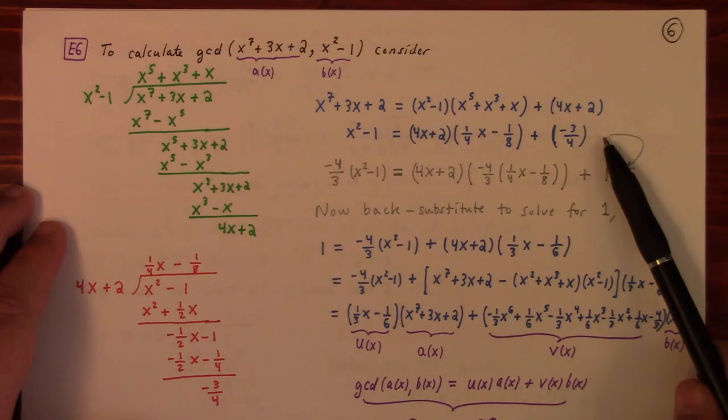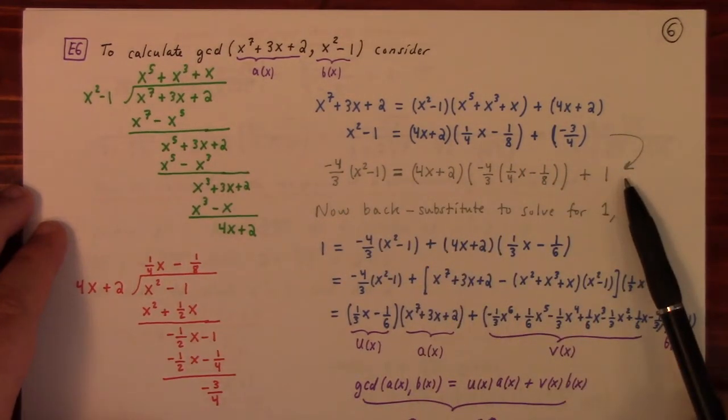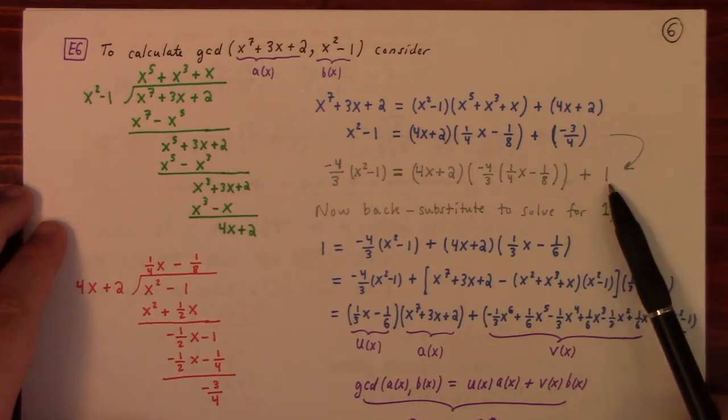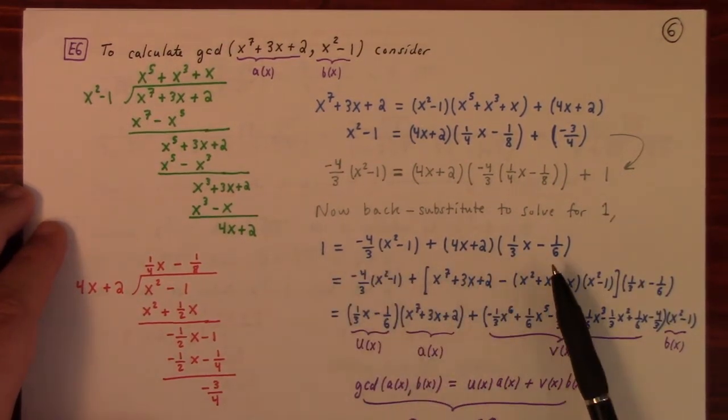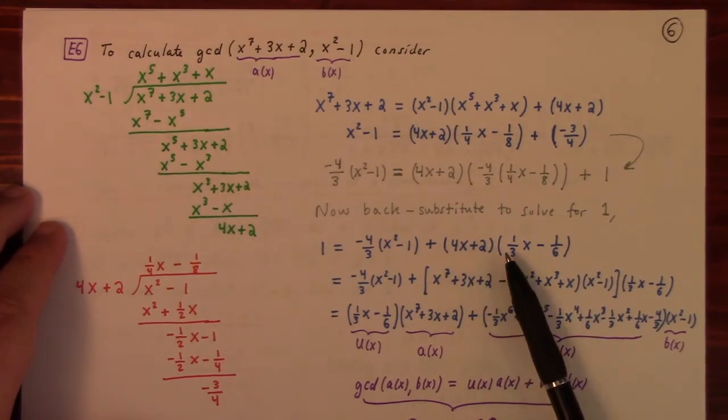So if I take the second equation and I multiply by minus 4/3, I get this, all right? And then back substituting, I can solve this for 1 equals to that. And then I can take this 4x plus, excuse me, I can take this,